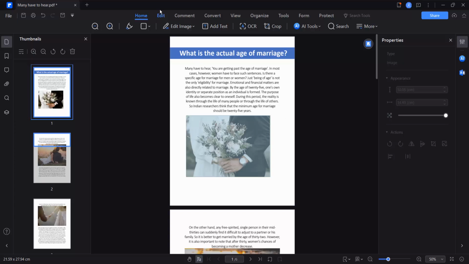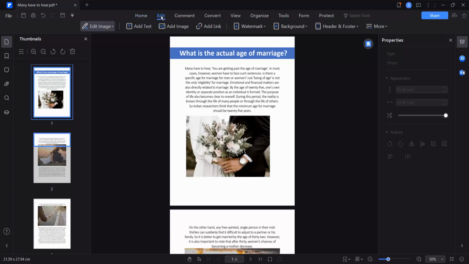First select the Edit option and select Edit Image here. Also you can select all images, already selected Edit Image. Now you can click here on Edit Image, click on this image, select it and click the right button